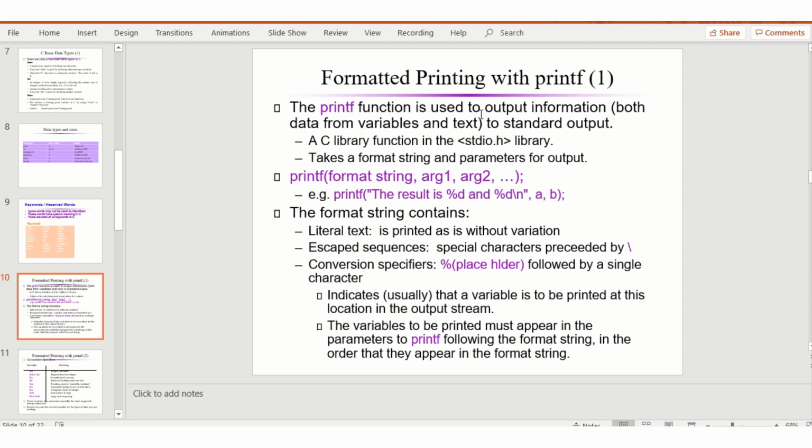The printf function is used to output information. We already discussed. Printf format, whatever the string that you want to output, you can write it inside your quotes. This is the conversion specifier we discussed, or placeholder followed by a single character. That character tells the data type. It indicates usually that a variable is to be printed in that location. The variable to be printed must appear in the parameters to the printf.